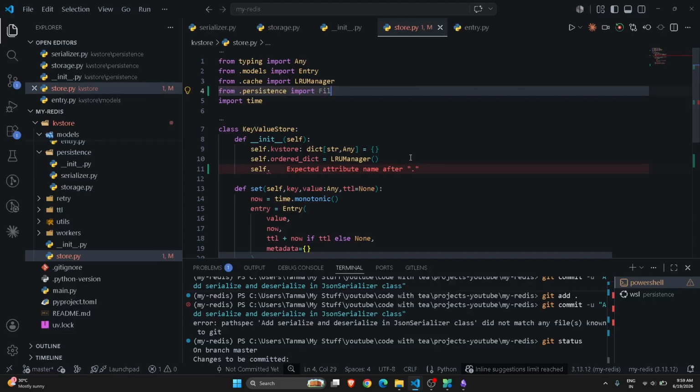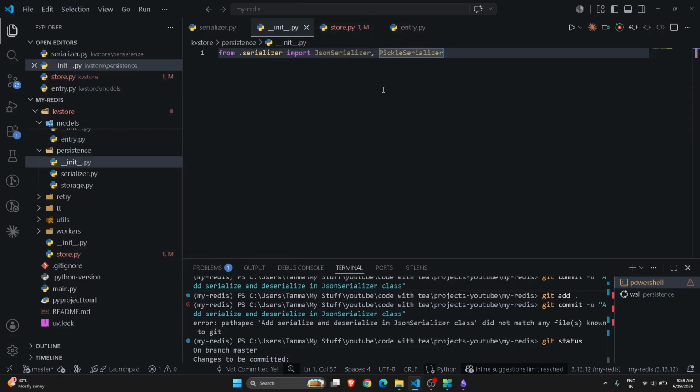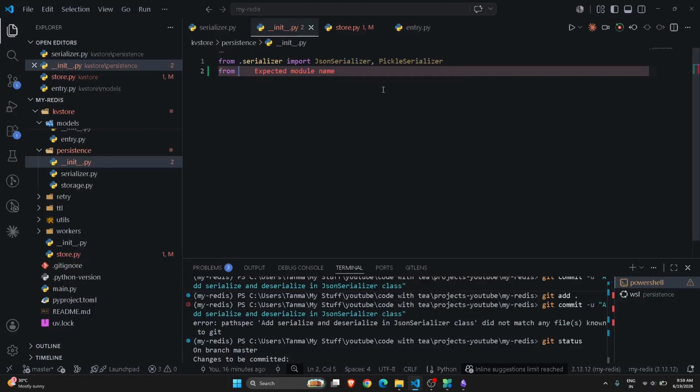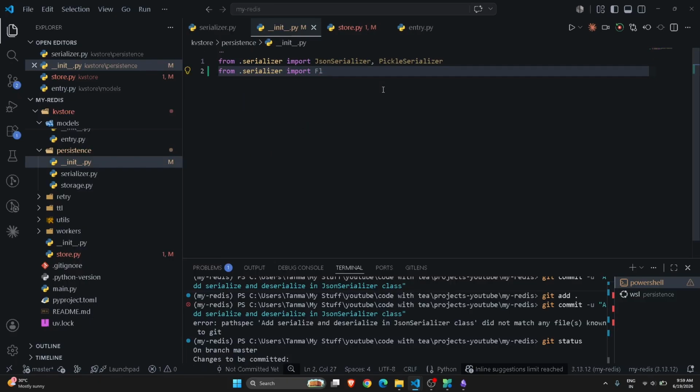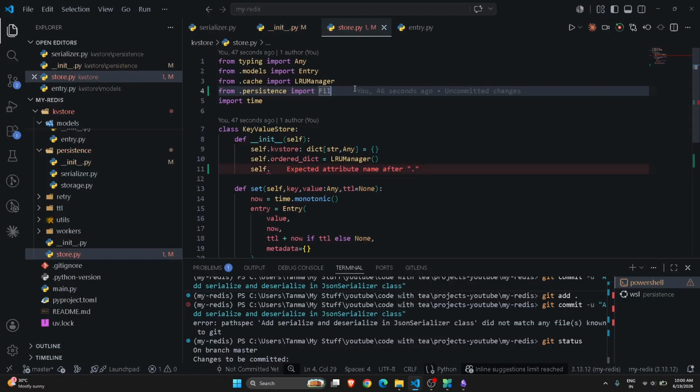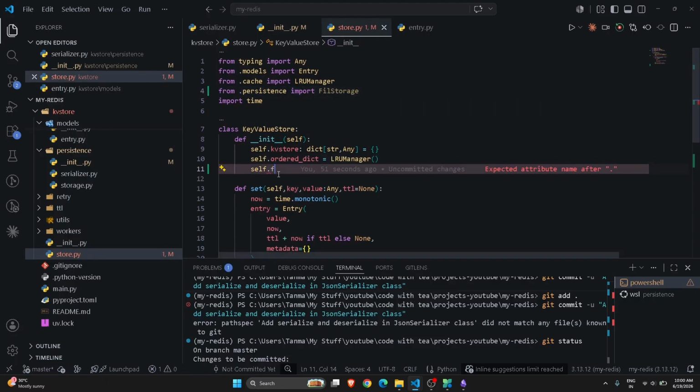Import file storage. Okay, but here I forgot to mention it. Storage import. Why am I not getting it? Okay, not serializer, dude. Storage. Import file storage. Okay, now here in store file storage, self.file_storage will be equal to